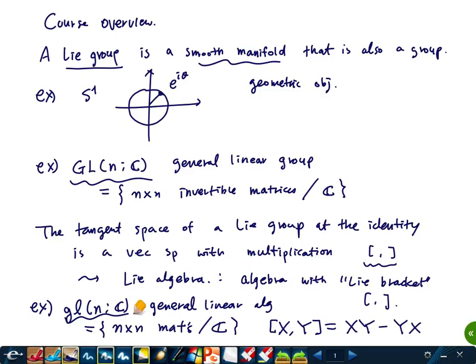So in the title, we have one more word, representations. So what is a representation? So we now know, at least vaguely, what Lie groups and Lie algebras are. So now, what is a representation? We have to say representation of what? So a representation of